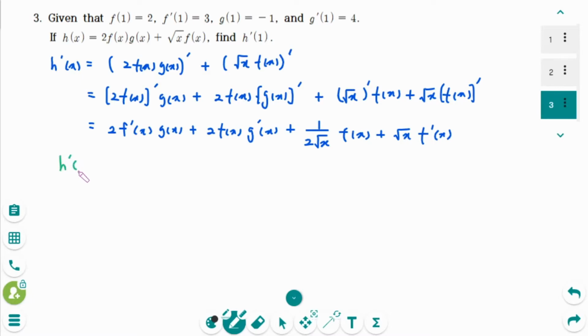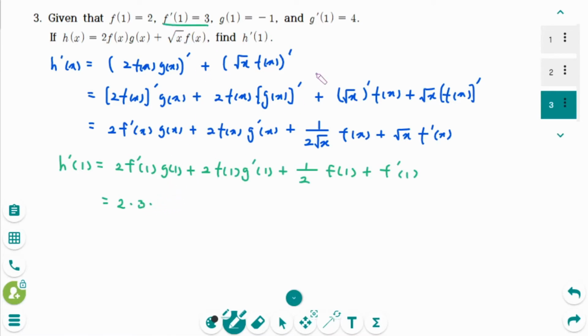H prime of 1 equals 2 f prime of 1 g of 1 plus 2 times f of 1 g prime of 1 plus 1 over 2 square root of 1, which is 2, times f of 1 plus square root of 1 equals 1, then f prime of 1. So 2 times f prime of 1 equals 3,